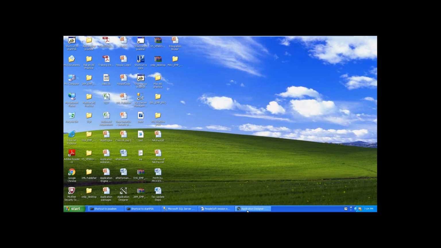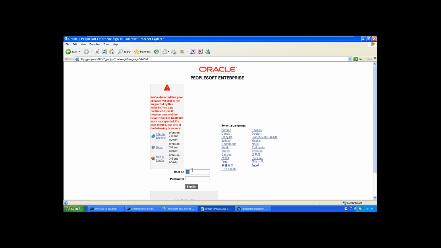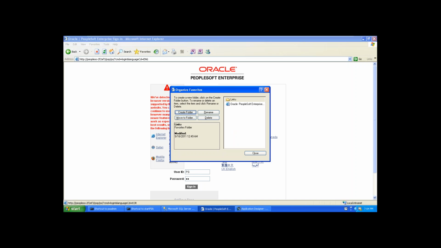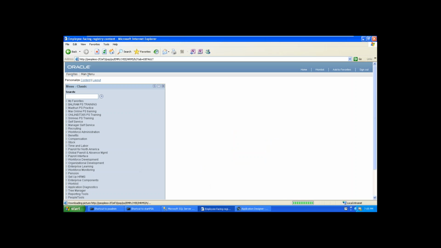All these details I'm giving to my benefit vendor. Let us say this is the benefits navigation in PeopleSoft. This is the navigation of benefits in PeopleSoft. Here, benefits.